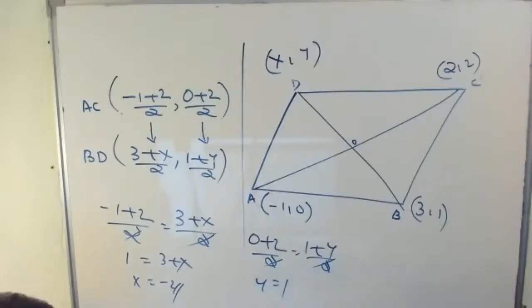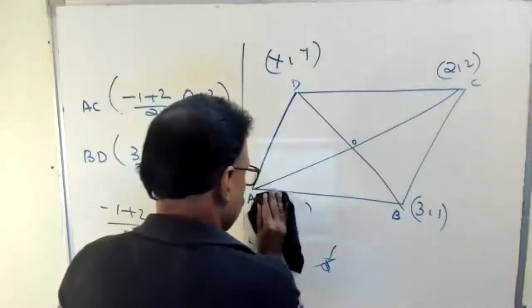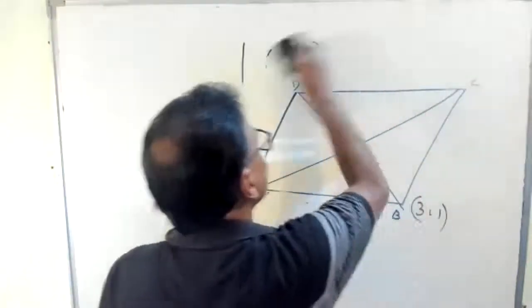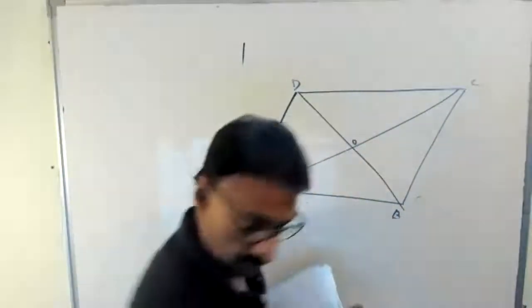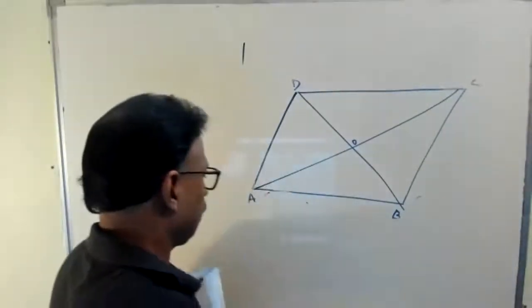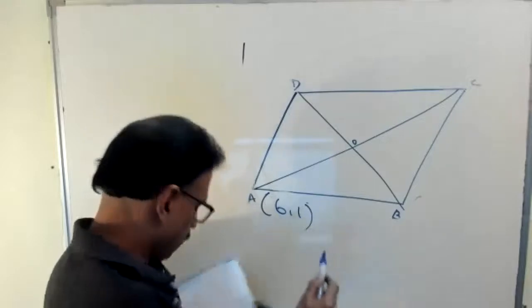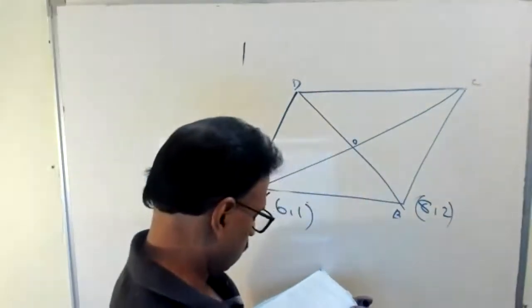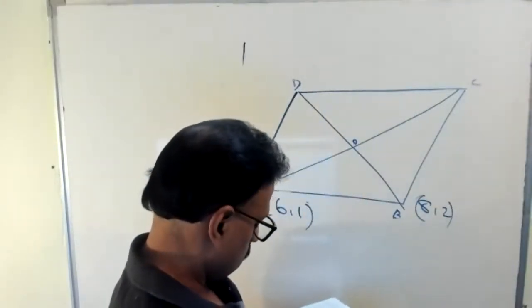Okay, so next question. Right. If the points A(6, 1), B(8, 2), C(9, 4),